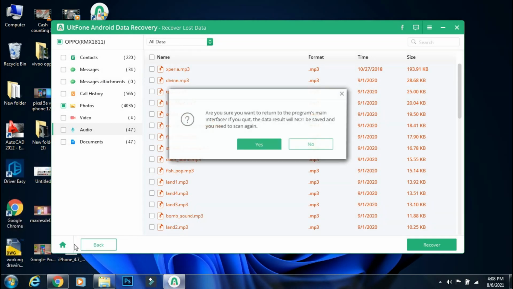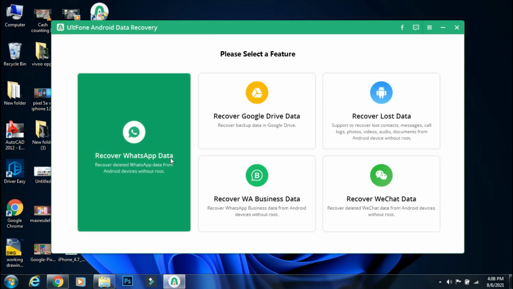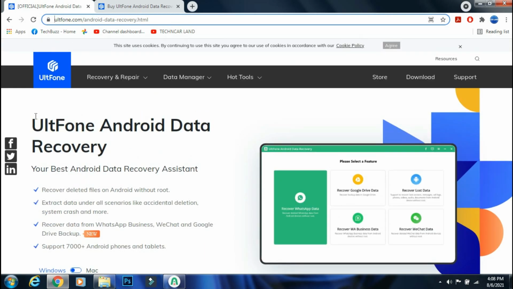When you click the home button, it will ask you whether you want to go back to the home screen, as you may need to scan again to recover your remaining data. I'll select yes. So recovering WhatsApp and Android phone data was possible in just few clicks with Altphone Android Data